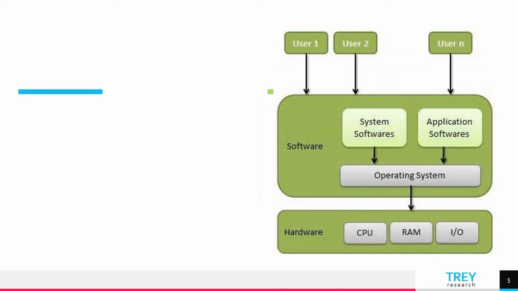So now under software, this is where we find two categories of software. The first one, we have system software. Second one, we have application software. Under system software, we go to operating systems, and application software also goes to the same operating systems. Now under application software, an example that I can give is, for example,